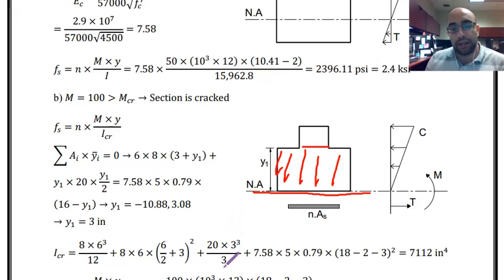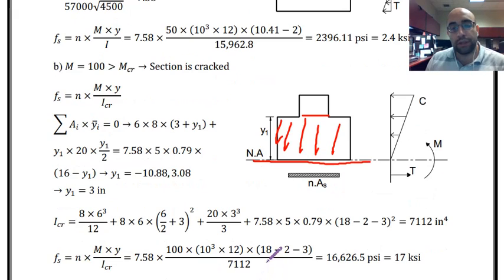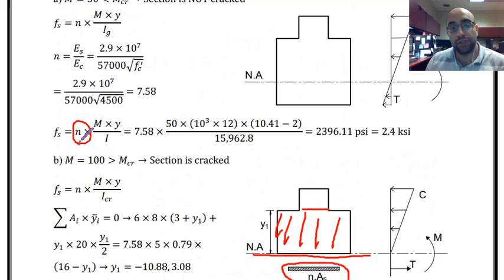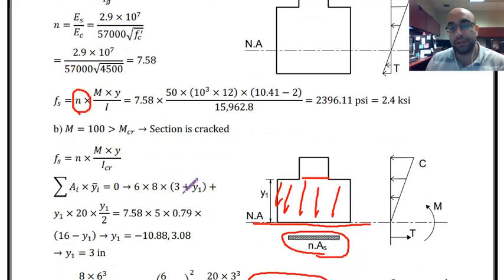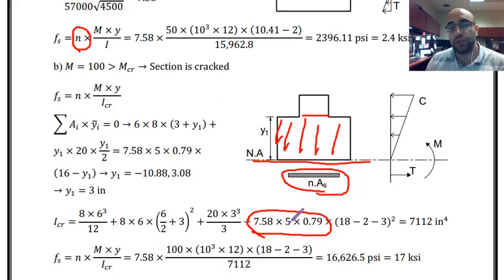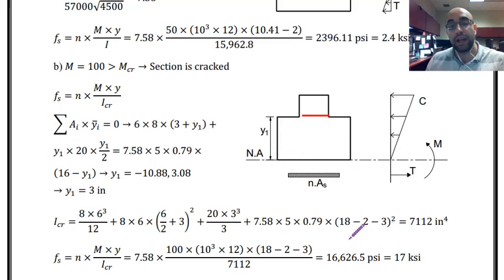So that is calculated. All I need to include is the moment of inertia of this steel that I have over here. That is the area, which is NAS. Make sure to always include that N, which is ratio of Young moduluses. And then AS is just 5 number 8. And then the distance that we have from this to the neutral axis, that is 16 minus y1 or 3 squared. If you calculate this, you can see the cracking, or the cracked section moment of inertia is equal to